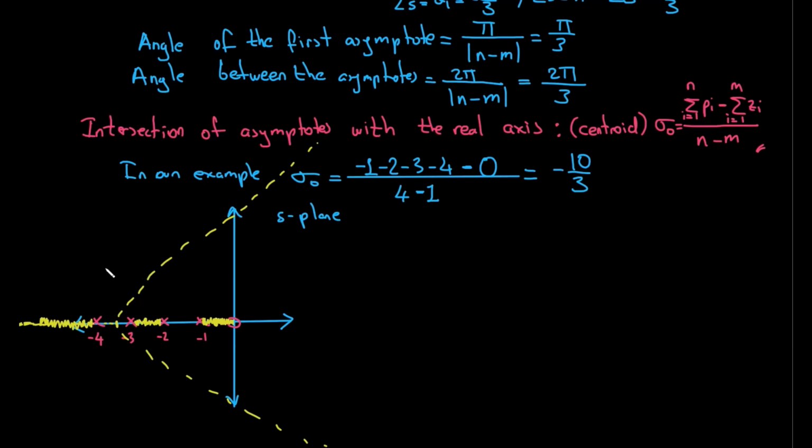And I know that the remaining 3 poles are going to follow the asymptotes, okay? So I see that the pole at -4, if we increase k to infinity, will follow the third asymptote over here, okay? And the other